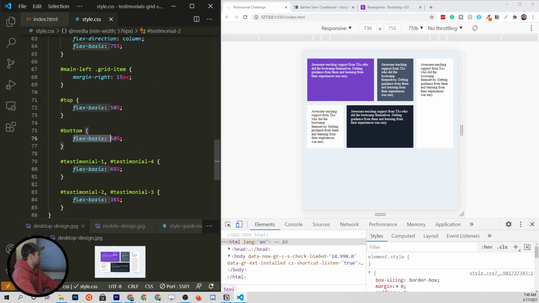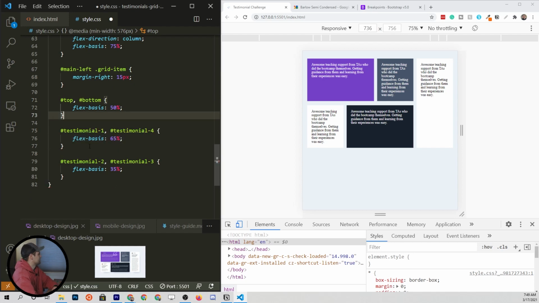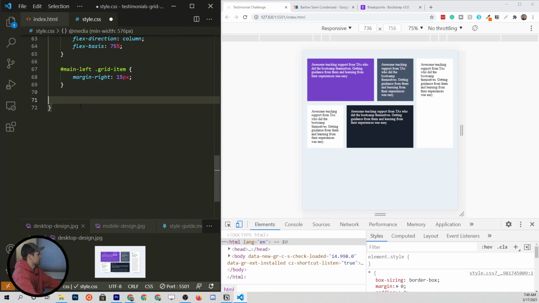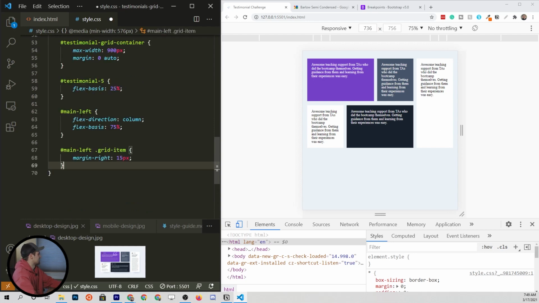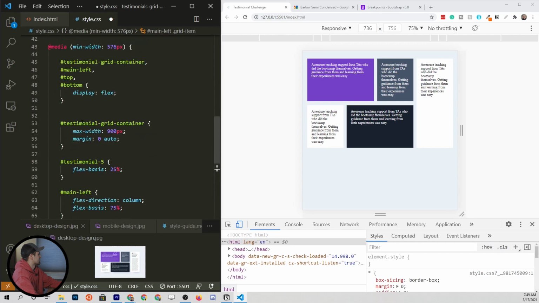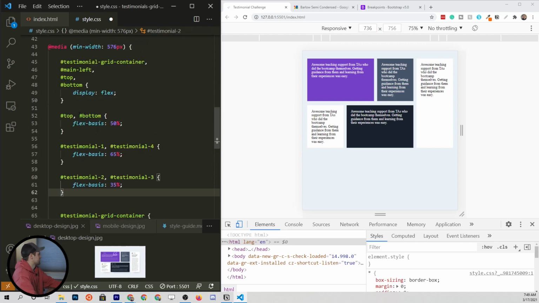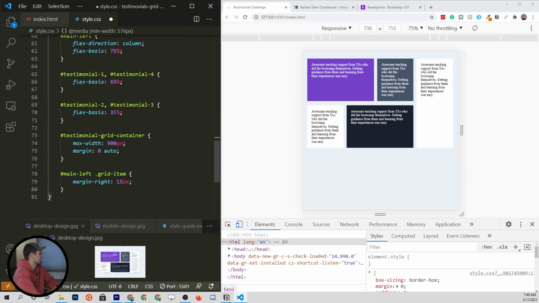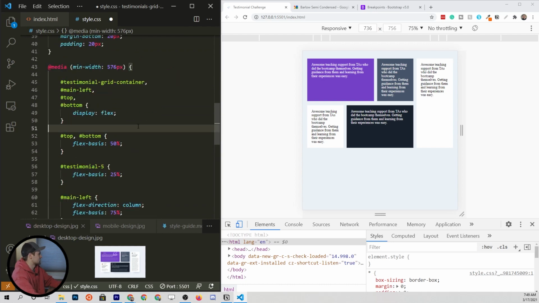Top and bottom now both have a flex basis of 50%, and that's the only rule. So we don't need them broken out separately. We can just bring those together and delete that rule. Click Save, should be the same. And then I'm going to take all of our flex rules and just group them together here. So let me just put those here. Okay, so now we have all of our CSS grouped up a little bit better,